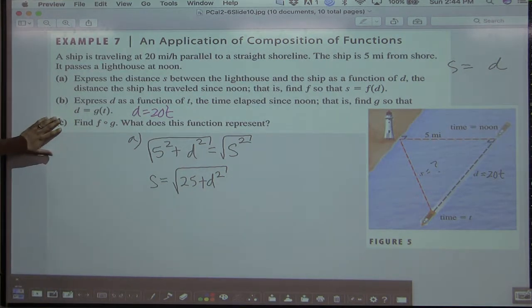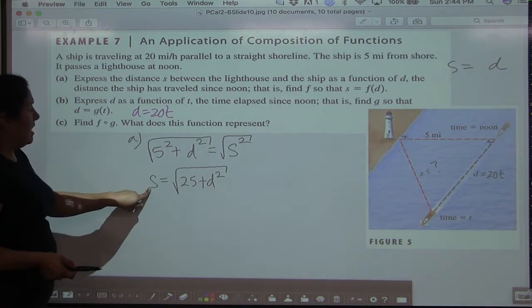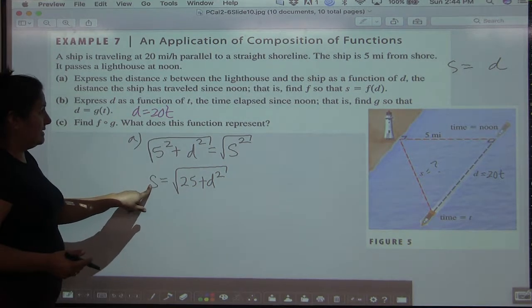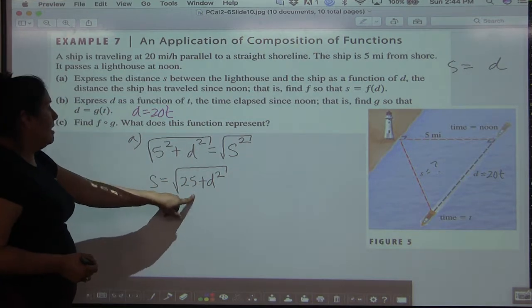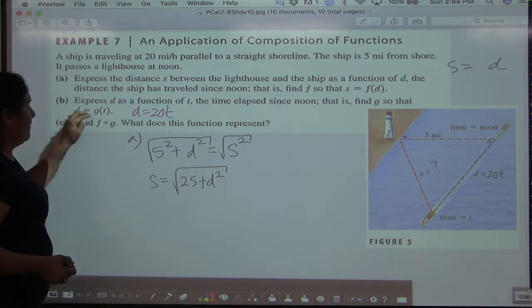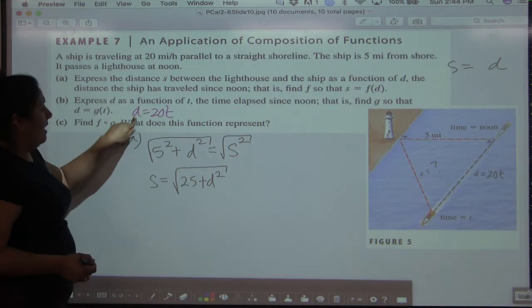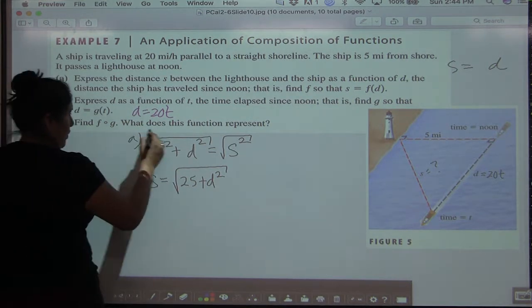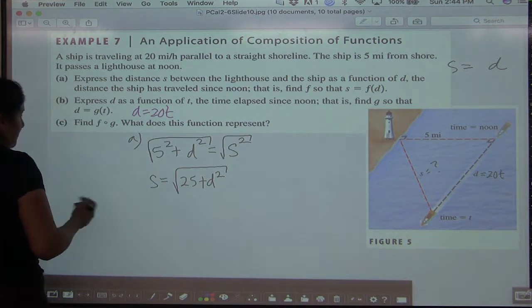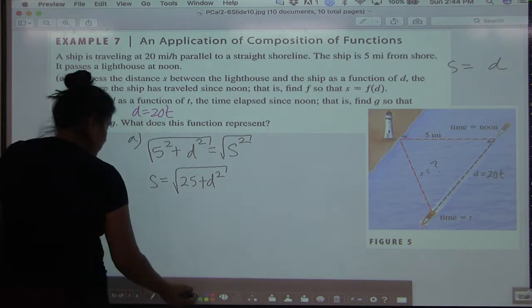And then in part C, find f of g, what does this function represent? So again, this is the distance S as a function of the distance D. Okay? Now part B, this is a function of the distance D in terms of time. That's important for this last little question right here. So what's f of g? That one's going to be easy. We're going to replace